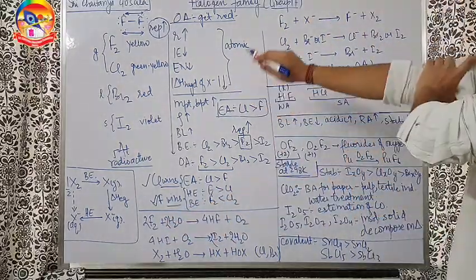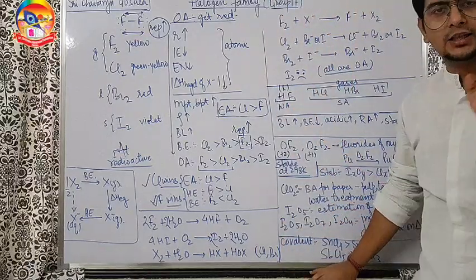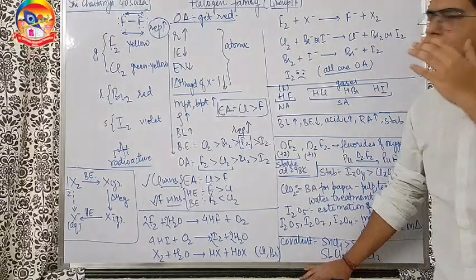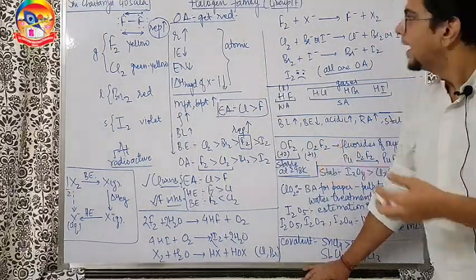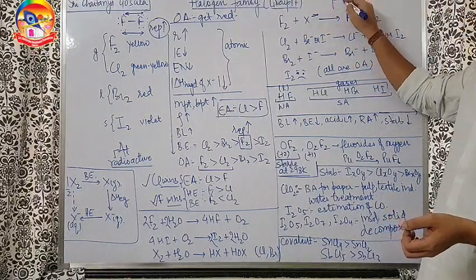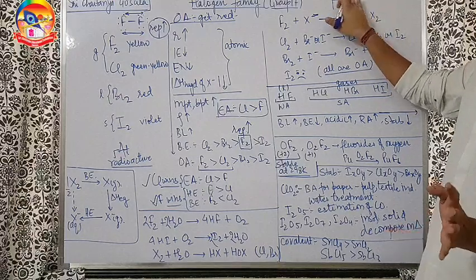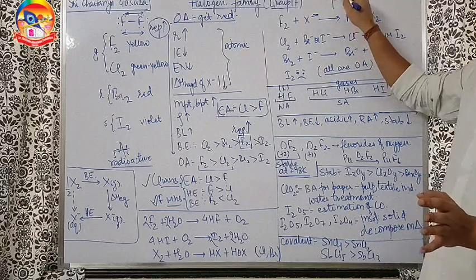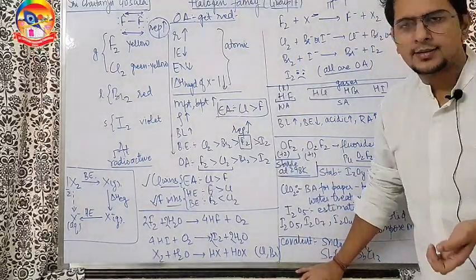Going ahead, because fluorine is the best oxidizing agent, what will happen? It can displace any X minus. So think of it this way: the eldest of all in the family is fluorine, and this negative charge is like a chair. Imagine there is only one chair in the room, and you are sitting on the chair watching the television. In the lockdown, obviously you are very relaxed.